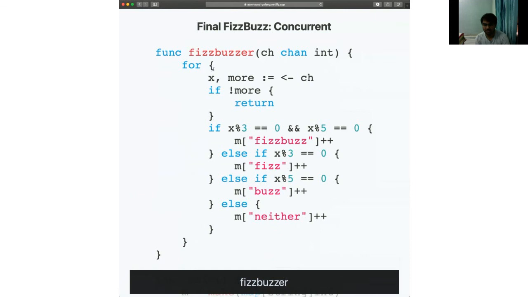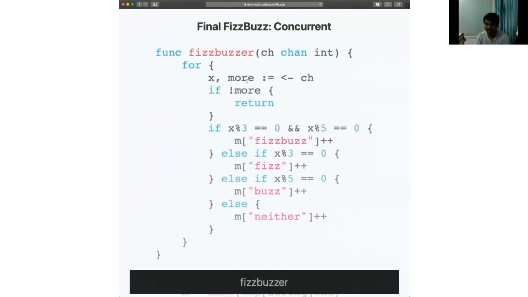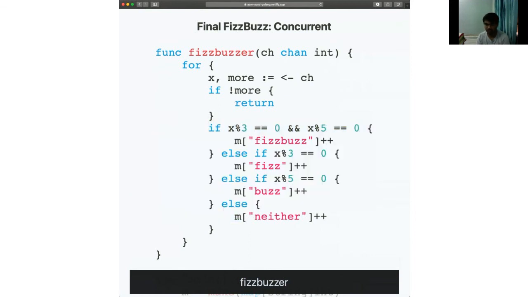Inside this, you receive a value from the channel, and you assign 2 variables instead of just 1. The second variable is the close value we had earlier. If it's true, it means there can be more elements. If it's false, it means the channel is closed. So we immediately check if that channel is closed, and if it is, we just return. Otherwise, we proceed with our old computation about FizzBuzz and Fizz and all those things.